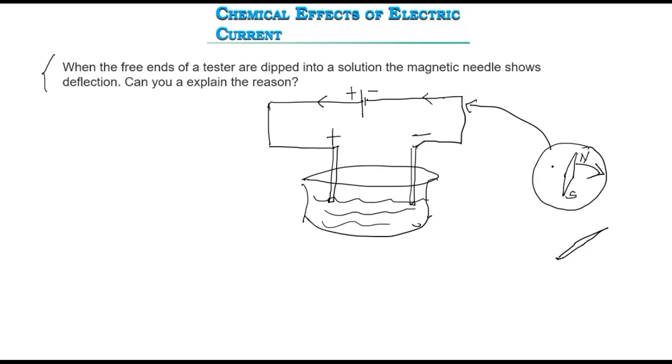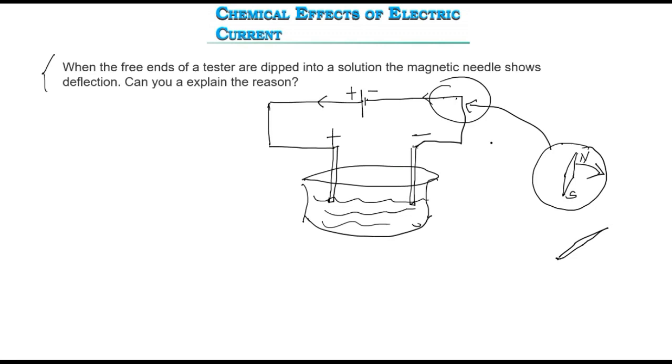Okay, that's a kind of testing that current is there just below the magnetic needle. The point to be remembered here is that the magnetic needle will not show the north and south direction when it is very near to the electric field. I am not telling in detail what it is and why it is so. We shall discuss it in detail in next higher classes.